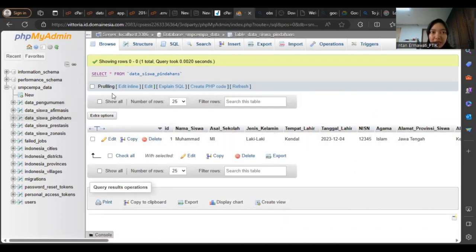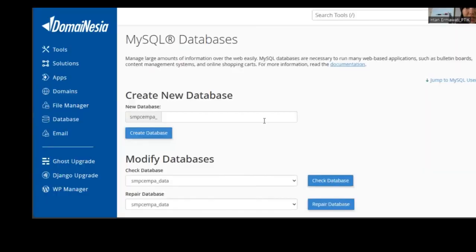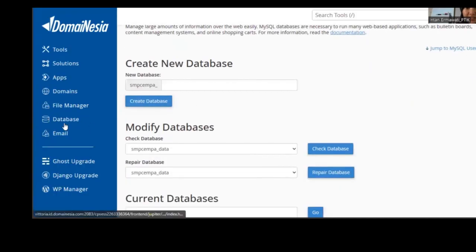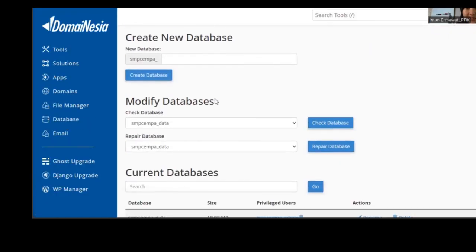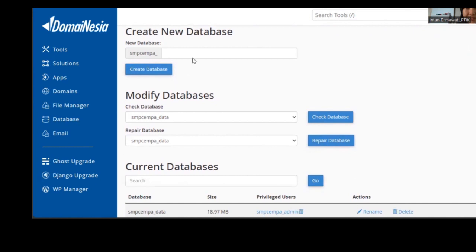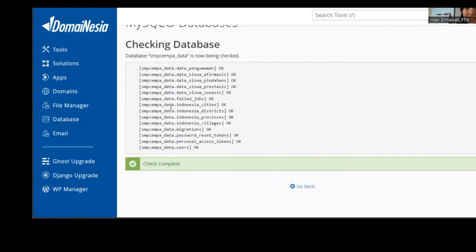Nah, kemudian kita langsung ke database ini. Kita bisa juga buat database di sini, yaitu lewat create database, dan kita cek. Nah, datanya sudah terhubung ke dalam domainnya.